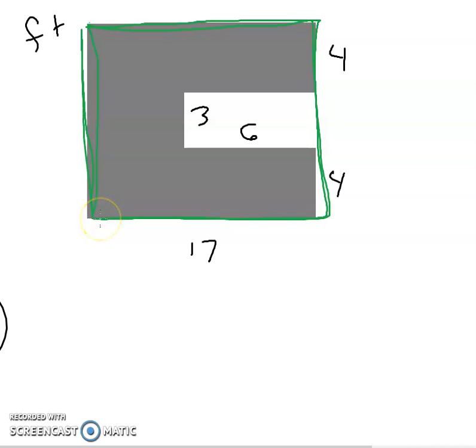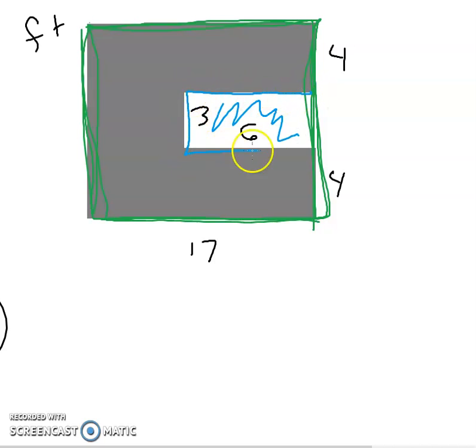So pretend like you have a little slip of paper that's this entire area, and then you're going to subtract out the area of this cutout. It's like you took some scissors and snip, snip, snip all the way around. All right. So in order to do that, though, what I'm going to do first is label the lengths